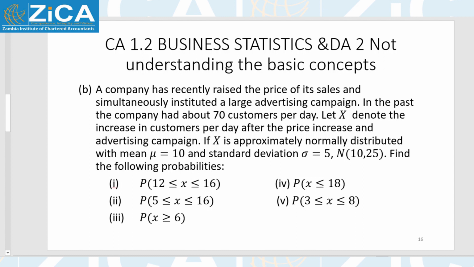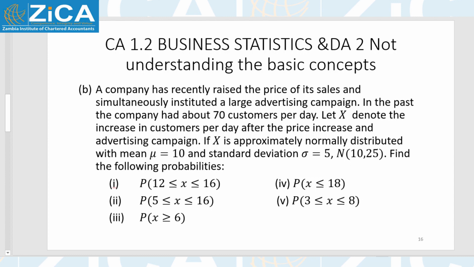where we have to use statistical tables. In B, we have got this question. A company has recently raised the price of its sales and simultaneously instituted a large advertising campaign. In the past, the company had about 70 customers per day. And we are told, let X denote increase in customers per day after the price increase and advertising campaign. You are told that X is approximately normally distributed with mean mu and standard deviation sigma equal to